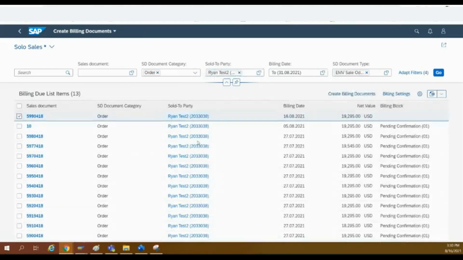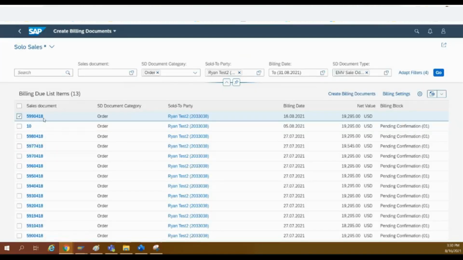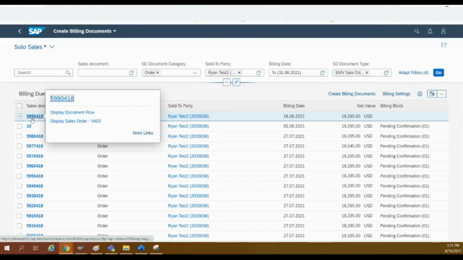So this one is open, right? And the billing block removed, still removed because you just backed out. And now if you see the billing date is exactly today's date because someone updated. So just to update yourself, I think it's way easier. If you see the billing date is sitting in the back like this one, just go from here and